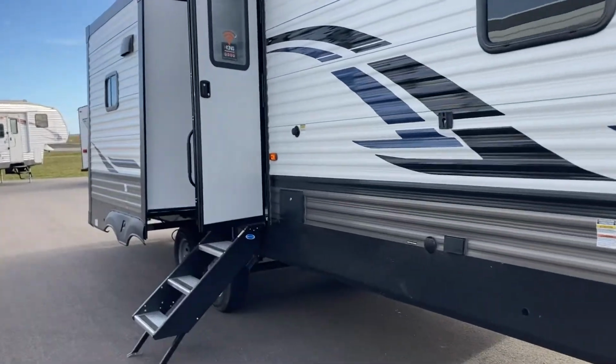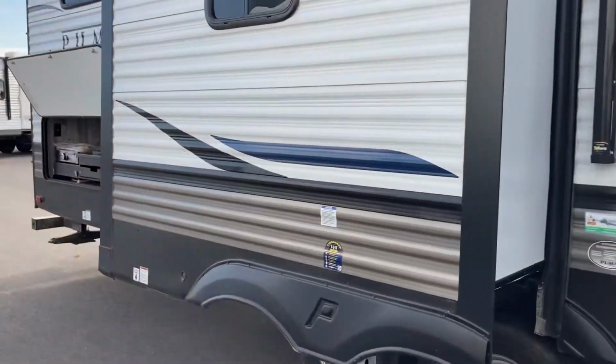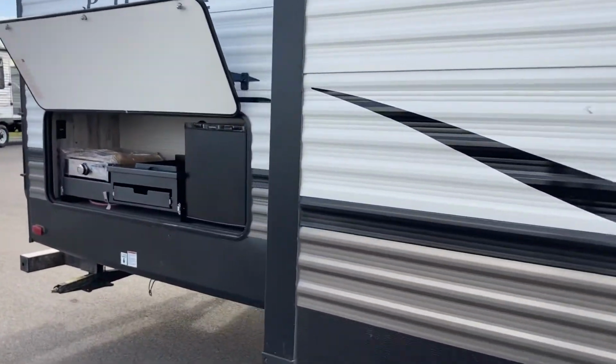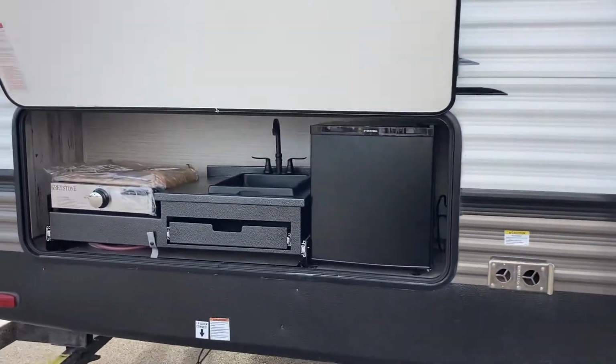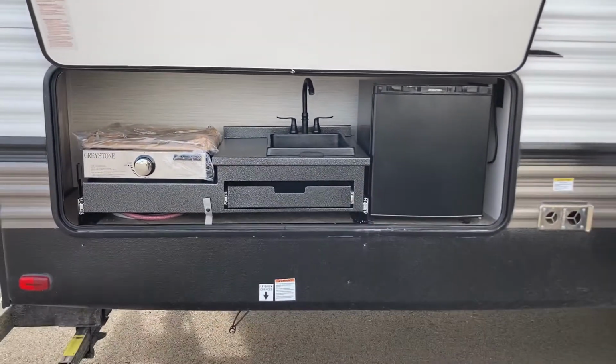This one, the 32 BHFS, nice bunkhouse family camper. We're going to take a look at the inside in a sec. We'll do a quick tour of the outside. There's your outdoor kitchen now. It's a little shorter than what you've been seeing most of the year from us, and there's a reason for